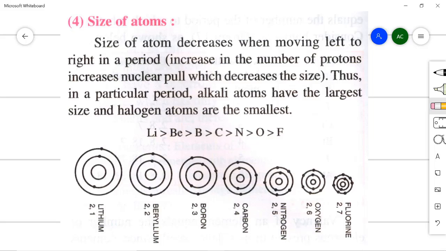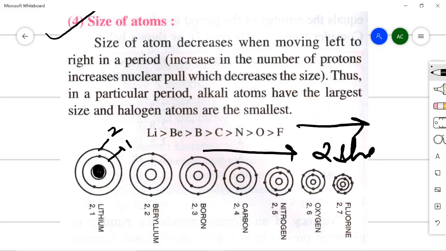Okay. But what happens to the size of an atom when we move in a period from left to right? Second period. In the second period, we are moving from lithium to fluorine. So what happens to the atomic size? Although the number of shells remains the same, in the second period the number of shells is 2 only. So this is the nucleus, this is the first shell and this is the second shell. Similarly, all will have 2 shells, but still the size decreases from left to right. Very important, because the number of shells is the same, it should be similar only. The atomic size should be the same, but it is not the case. When in a period you move from left to right, the atomic size decreases.